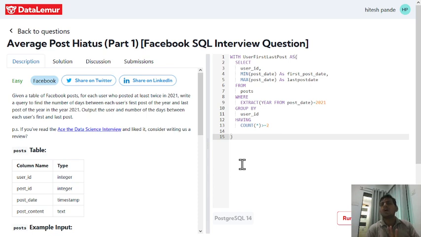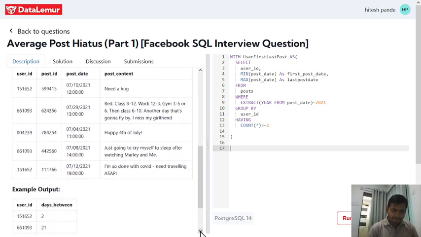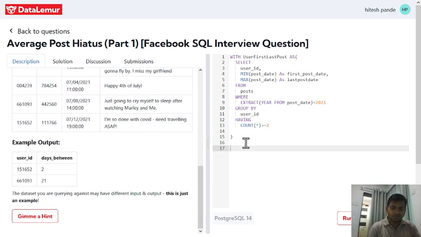So see, now we have written the common table expression. Now we have to apply this common table expression with the help of a select statement, because this is just the expression. Basically we have written this expression, but while running it we didn't get the expected answer. So for that we have to apply a select statement other than this one. What we have to fetch is the user id and the number of days between. So for that we will write